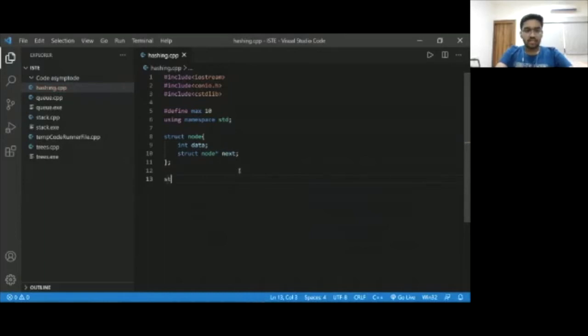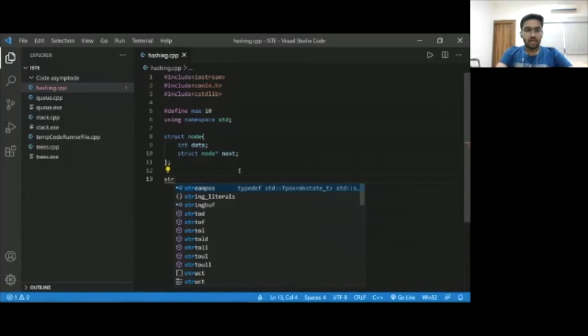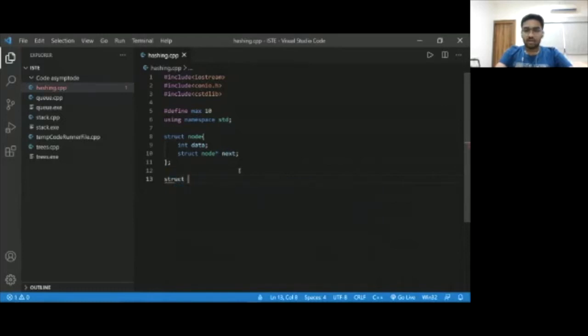Okay, so let us declare two global pointers. struct node pointer head of size MAX, this bracket MAX is equal to NULL. So this means that there is a pointer head of size MAX, so there are 10 pointers of head which are all equal to null right now. So it will be changed later on. Okay, and another pointer c. So we have two pointers, head of MAX and pointer c.